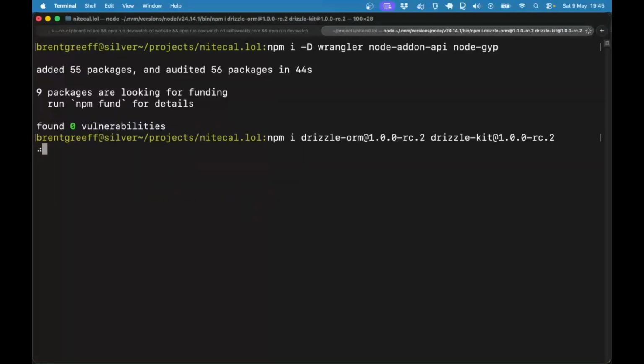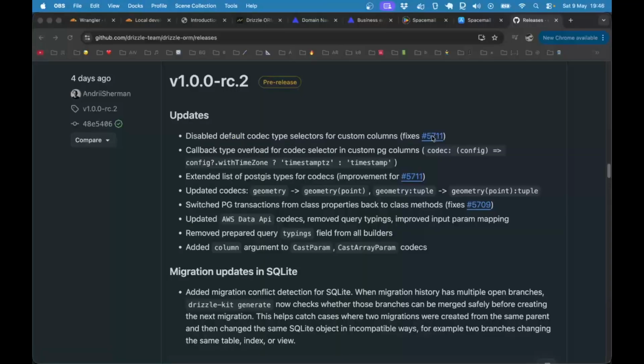Next step is to install Drizzle ORM and Drizzle Kit. As you can see, I'm installing the release candidate 2 of version 1. RC2, as you can see at the time of this recording, was released 4 days ago. The Drizzle team have done some amazing work with this V1 release. If you're starting a new project, I would recommend RC2 because based on the current projection, the final release should